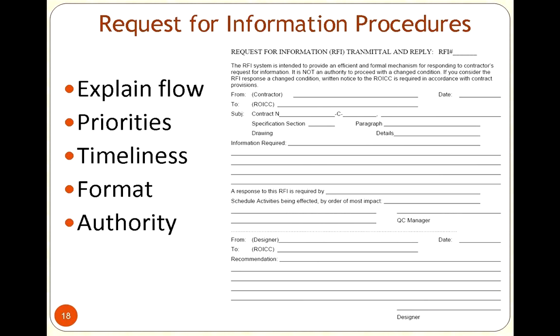So what we would do is we would explain the information flow. We would say, we're going to fill out the following form, document, or whatever the procedure may be, but we're going to identify essentially what it is that we're looking for. We're going to reference where in the contract we might be looking for it, such as a clarification or a follow-up or documentation or material safety sheets. So we're going to identify what it is we're looking for, how relevant it is to the contract, and then we're going to want to identify what a priority may be on getting this information back.